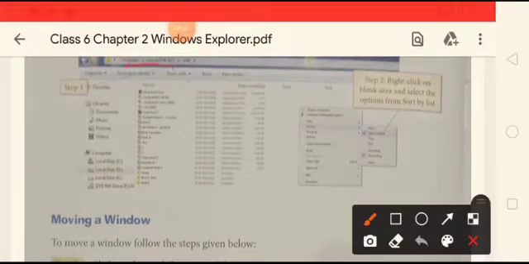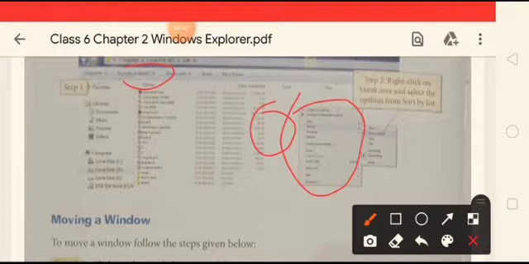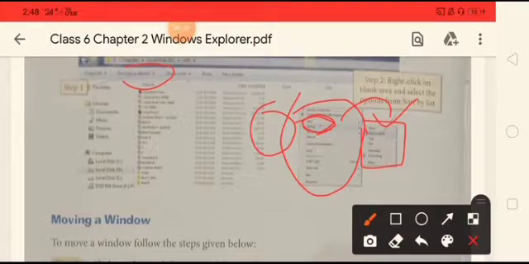We'll select any of the folders first of all. Then we have to right click on the blank area, and a list of menu appears, and you have to select sort by from there. See, group by option is also there, sort by option is also there, so you have to just click the sort by option. Then again a list type of dialog box will appear, and then you have to select the way you want to sort your files and folders, and then you have to select ascending or descending.